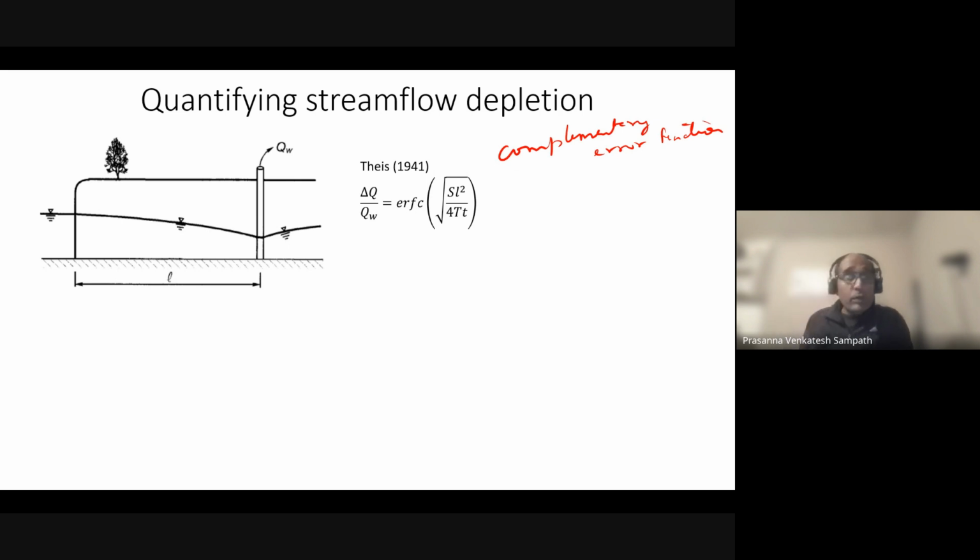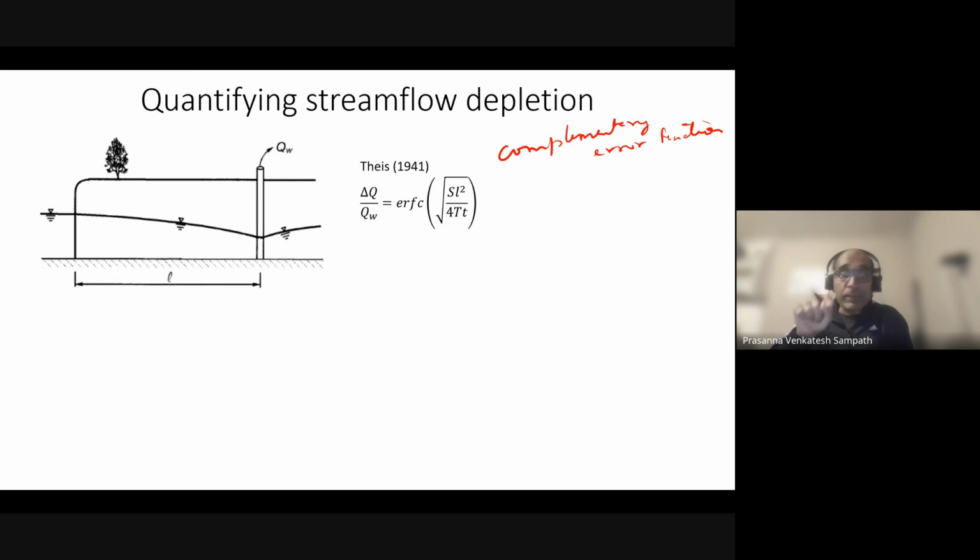The argument of that error function is square root of S L squared by 4Tt. Now, this must remind you of the Theis solution. Remember the u that we used to have, u equal to r squared S by 4Tt. What was r? r was the distance from the pumping well at which you wanted to know the drawdown. Here, it's just been replaced with L. So it's L squared S by 4Tt. Now, if you notice this, it has the hydraulic diffusivity, the ratio that we spoke about, T by S. Here I have S by T, which is the inverse of my diffusivity. So the diffusivity, the property of the aquifer, is